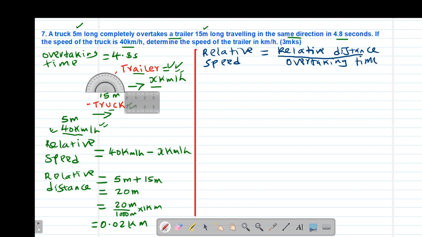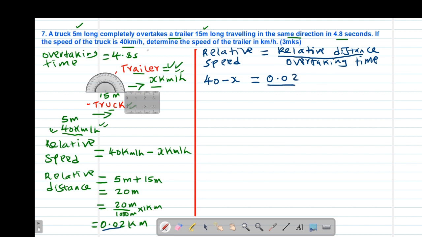Therefore, if I substitute values in my formula, I'm going to have relative speed will be 40 minus x. So this is 40 minus x must be equal to relative distance, which is 0.02 kilometers, then divided by